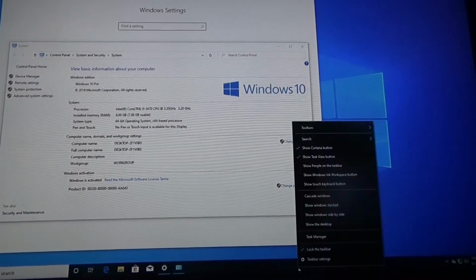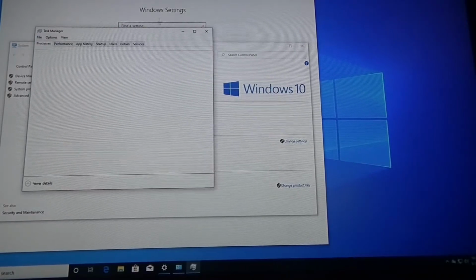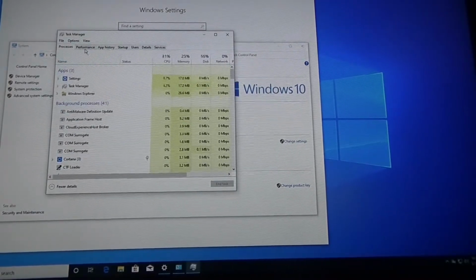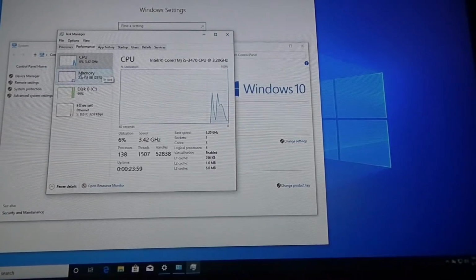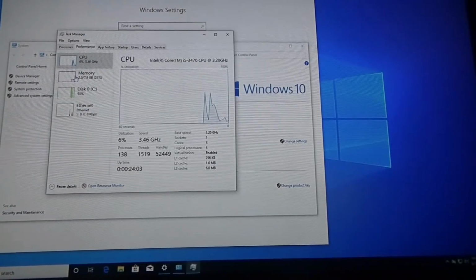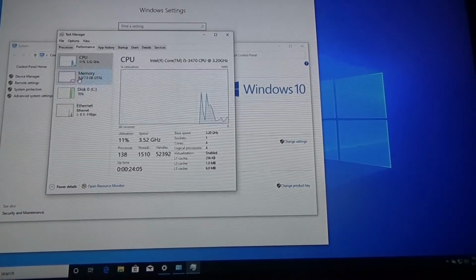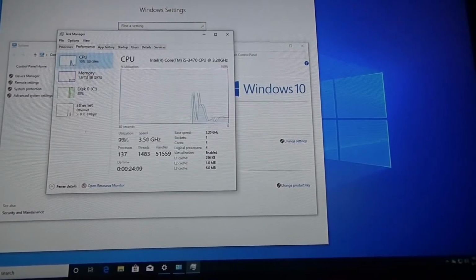Let's see. I bet it's kind of struggling with 8 gigs of RAM. Quite a bit of RAM, almost 2 gigs at idle.